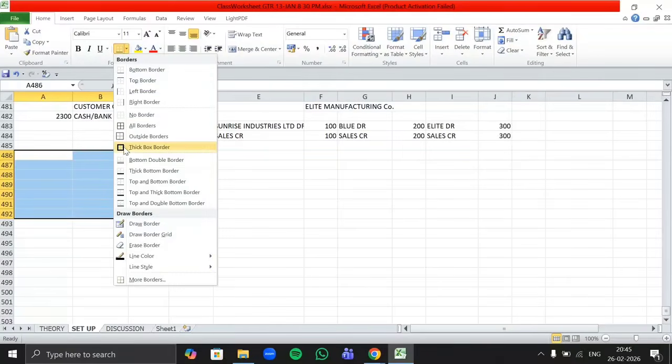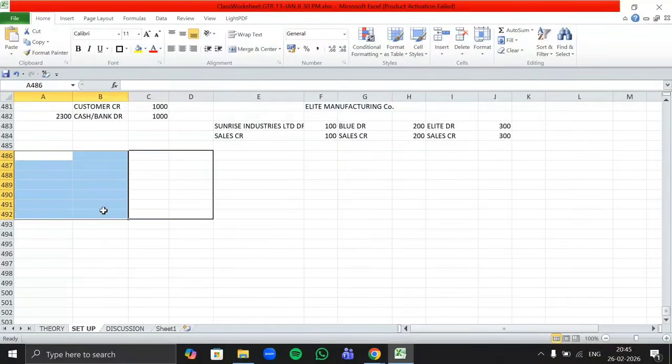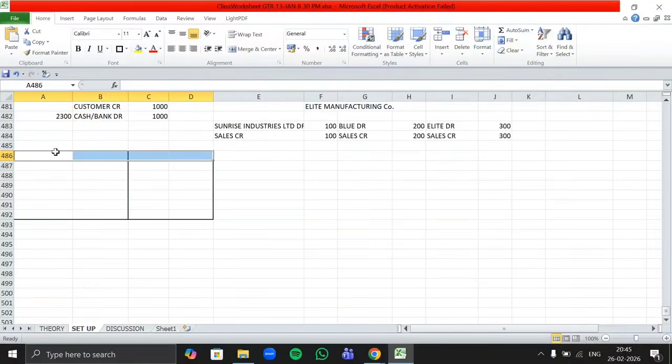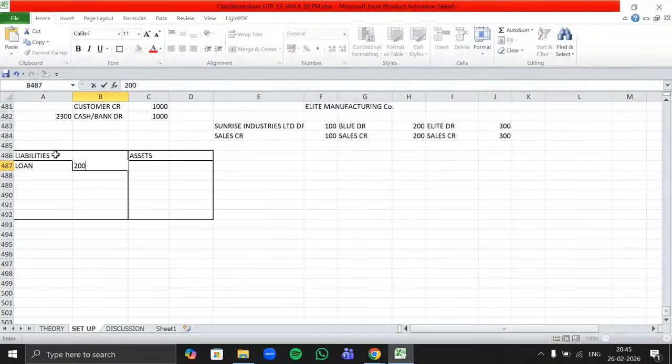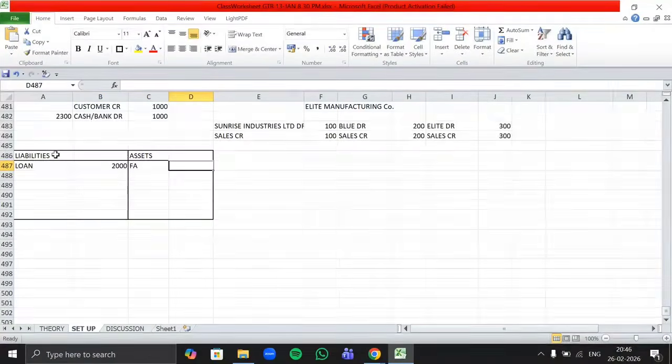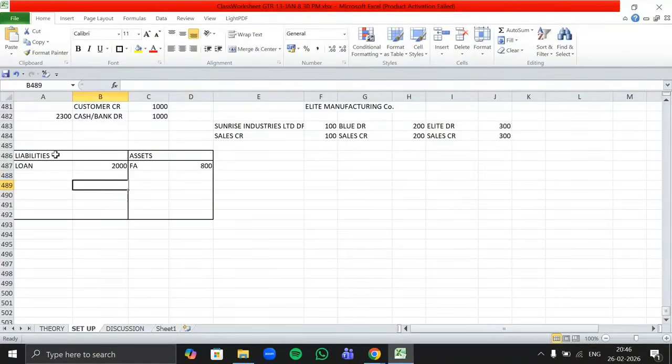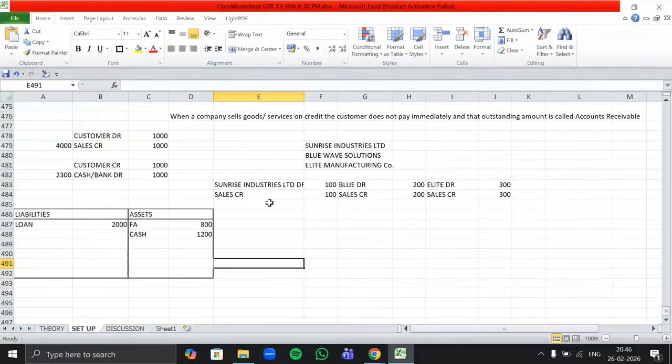Here is our balance sheet. Now we have made the entry: Sunrise Industries got debited and sales got credited.